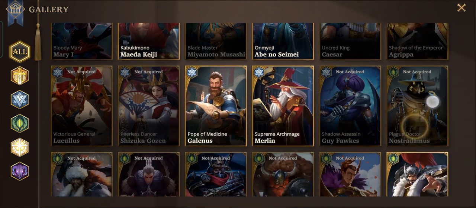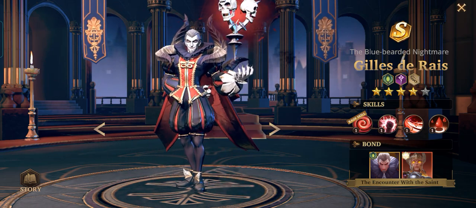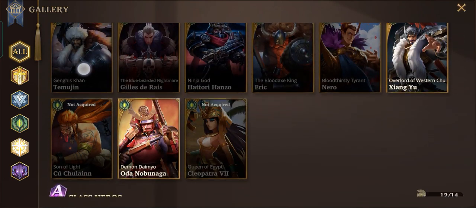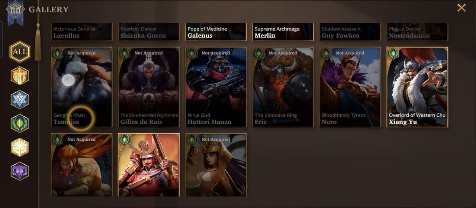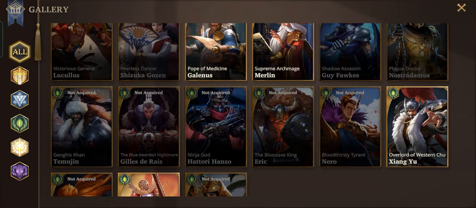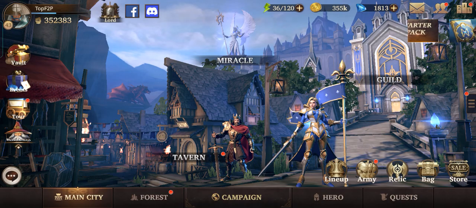What else? Let me just browse through here. Gilles de Rais, another good hero that you can consider. This guy is definitely one of the good heroes that you can utilize. What else? So I'm only talking about S heroes, okay? All right, so I think that's it. That's the only notable heroes that I can tell you. If you have them, then don't reroll your account. But if you're lazy to reroll, then I'll teach you how to